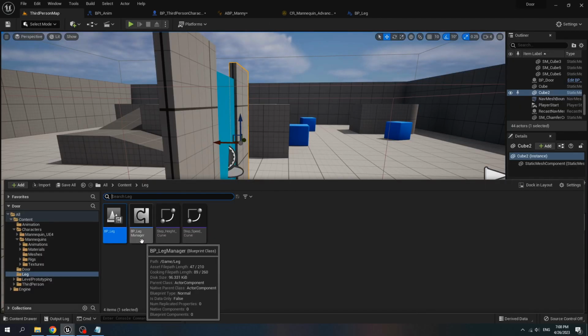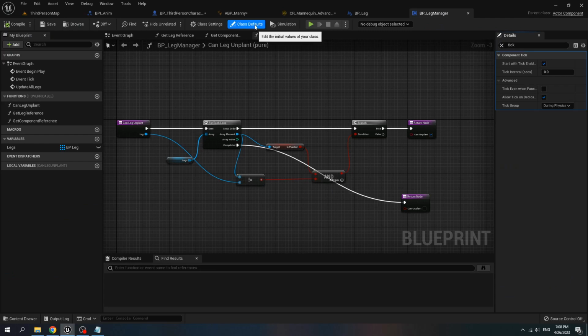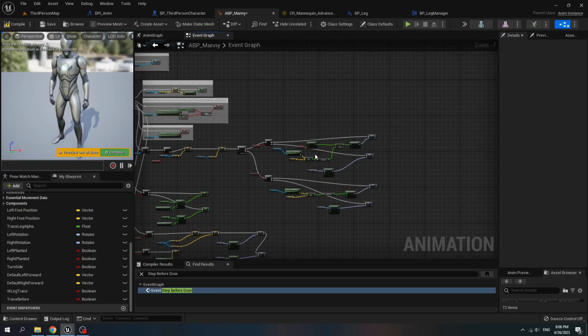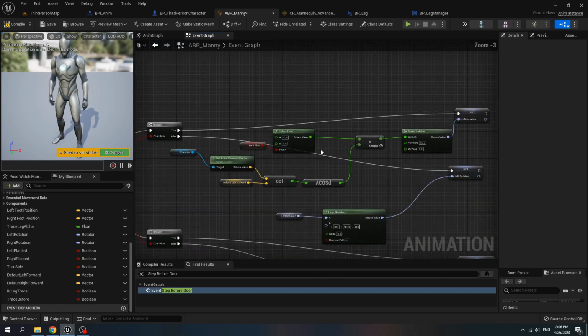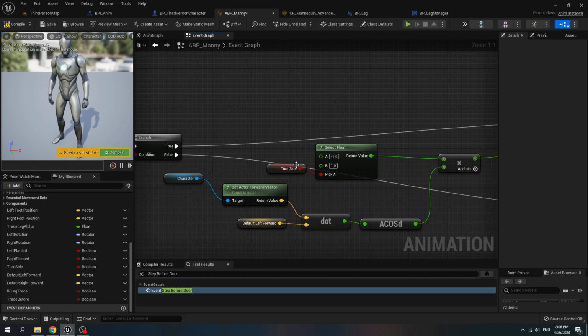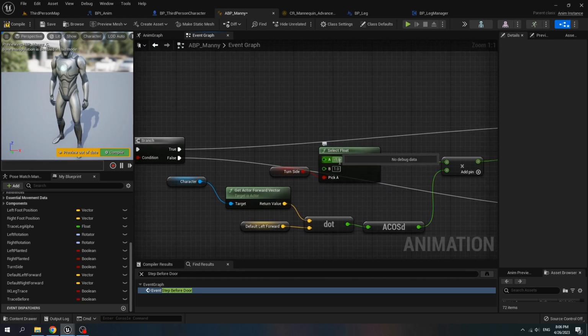Go to BP leg manager, and for class default, search for tick and set start with tick enable to false. We have a little bit problem at the ABP main and turn size, set A to 1 and B to -1.